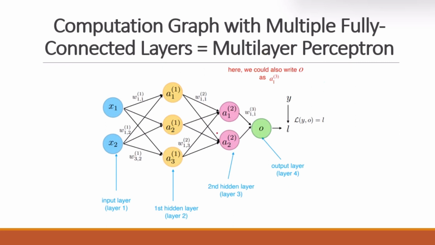Now let's talk a little bit about the nomenclature. Here's the same figure as before, and notice that I'm using these round brackets or parentheses here. The round parentheses refer to the hidden layer index. Here we have two hidden layers. You can see this is the first hidden layer, and here we have the second hidden layer. And instead of writing output here, I could also write activation with parentheses, because the way the output is computed, if we use the sigmoid function, is the same way